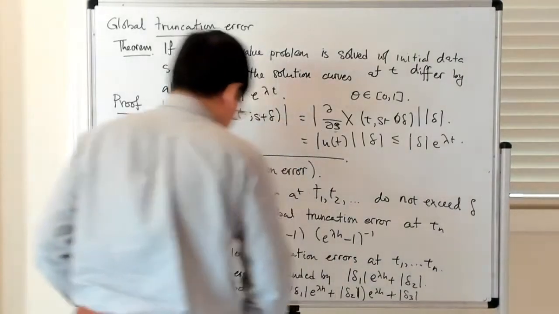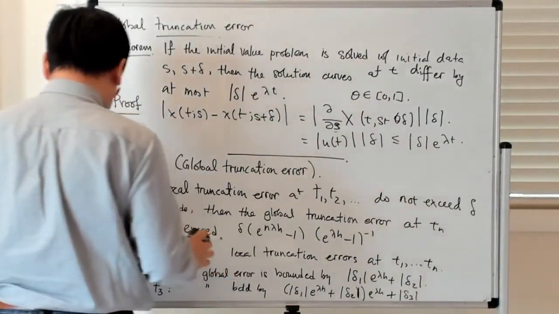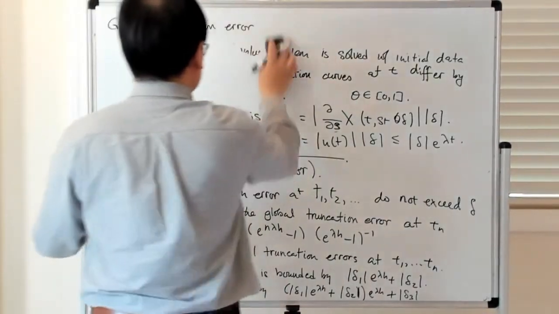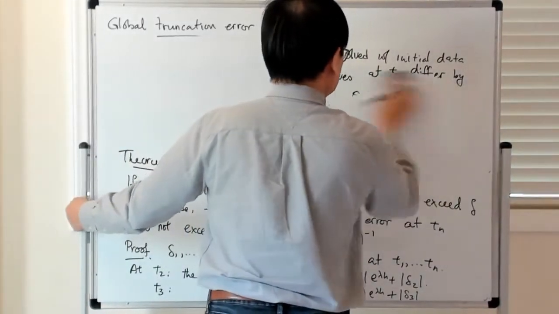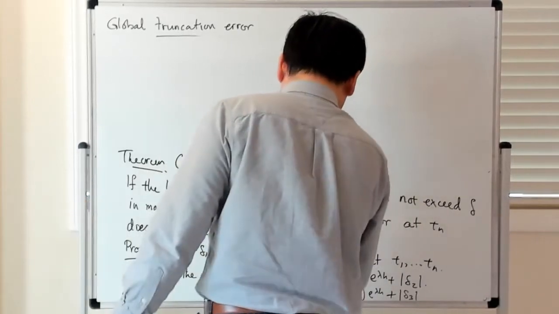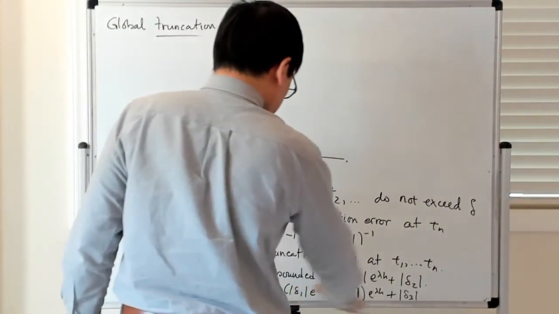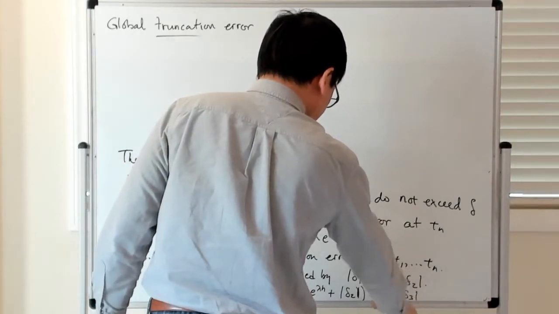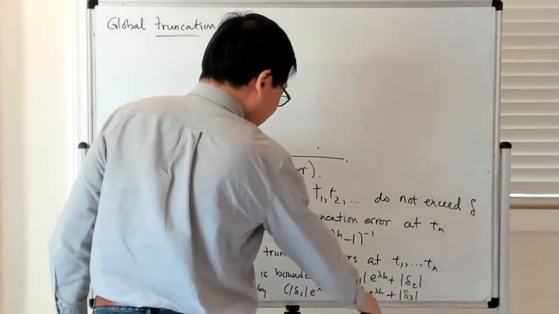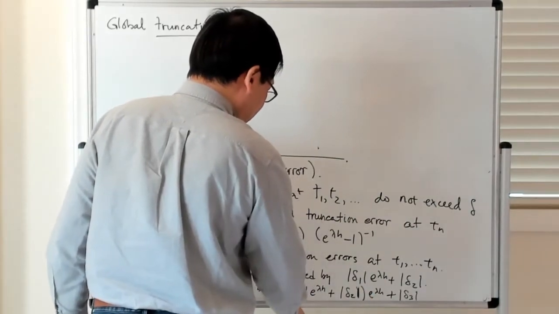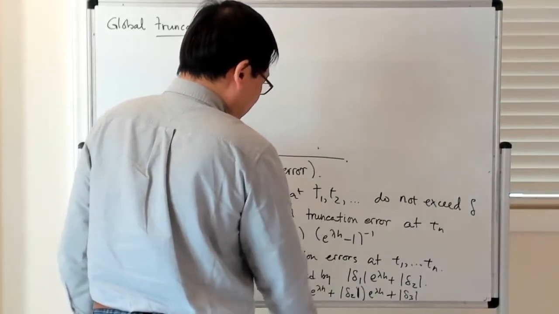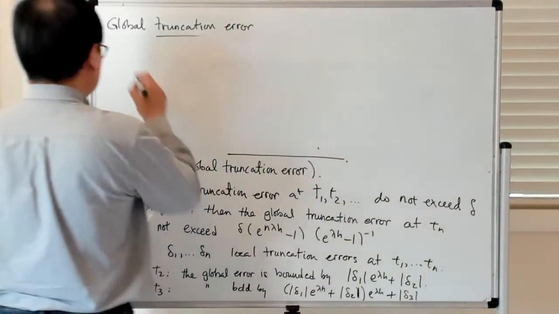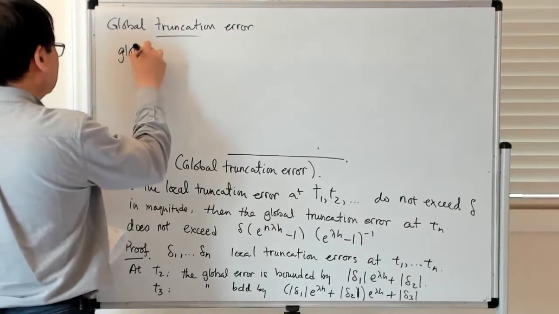Okay, so anyway, you can keep doing this, right? And then what you get is that the way to see it is that the error at the current time is not amplified. The current error at the previous time is amplified by e to the lambda h. The error at the next previous time is amplified by e to the 2 lambda h, and so on, right? So you get that the global truncation error